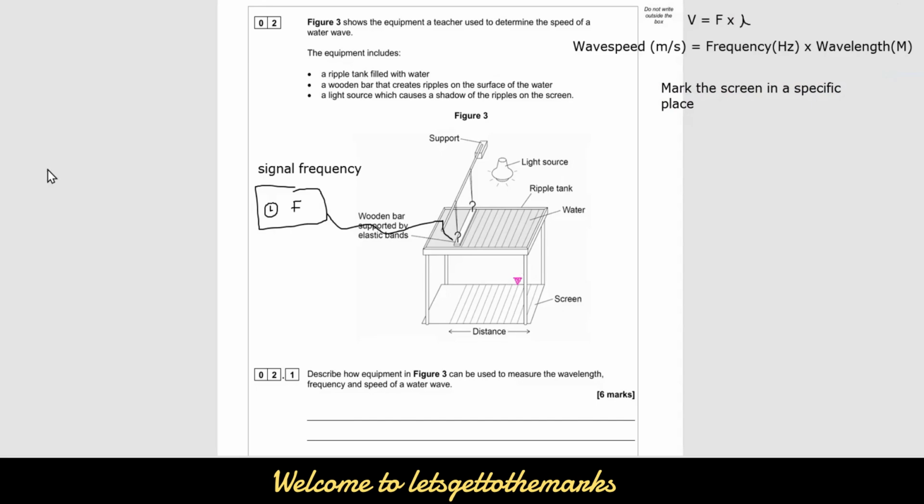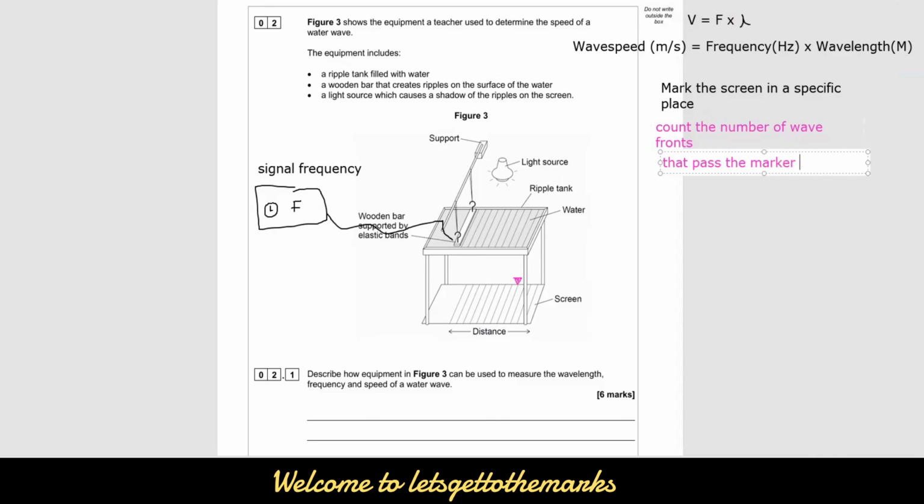Okay. And then what I want to do is count the number of waves. So I'm going to say count the number of waves. Now, you could say wave fronts. You see these black lines here. These are called wave fronts. So each one of these lines here, these black lines that you see going down here, they are wave fronts. So count the number of wave fronts that pass the marker